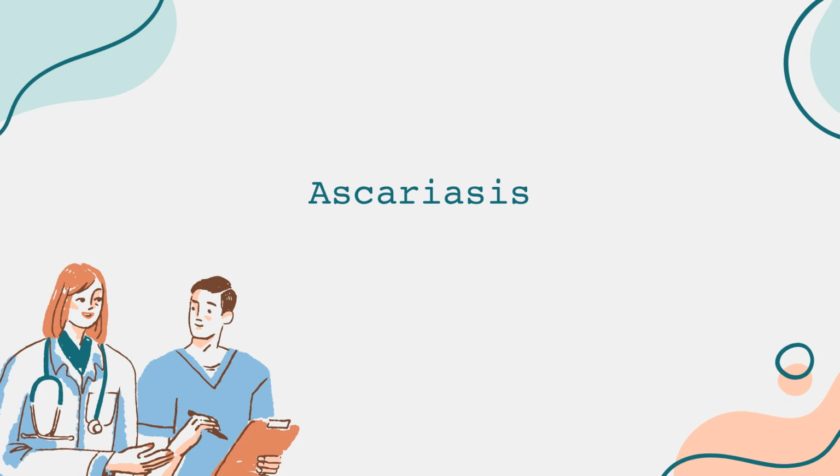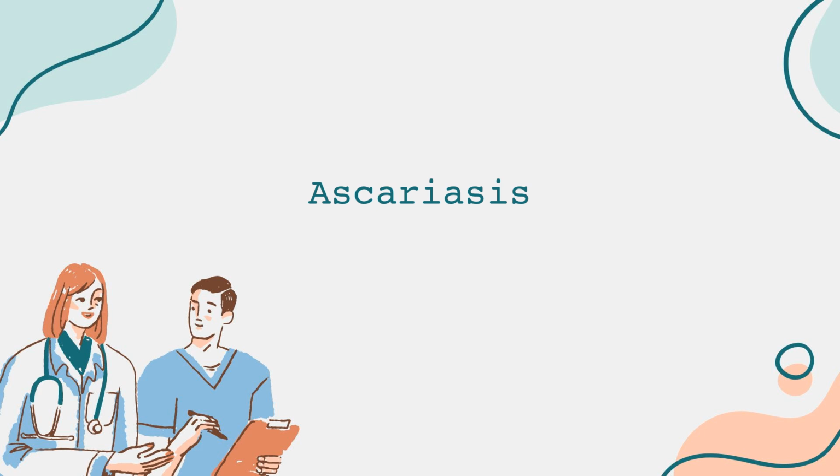Ascaris lumbricoides is a large nematode, reaching lengths of up to 35 centimeters in adults. These worms primarily reside in the small intestine of their host. The infection starts when a person ingests Ascaris eggs that are present in contaminated food, water, or soil. This is often associated with improper sanitation practices, such as the handling of feces or consumption of unwashed vegetables grown